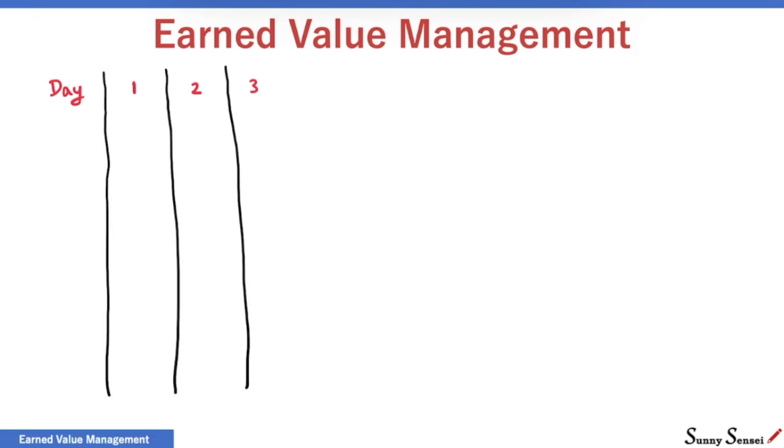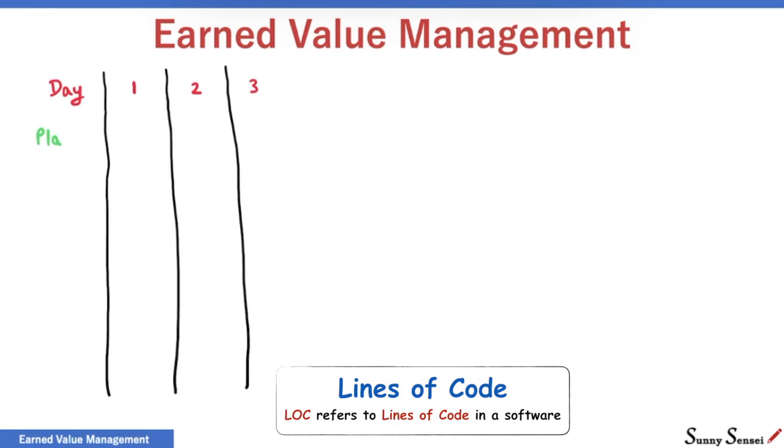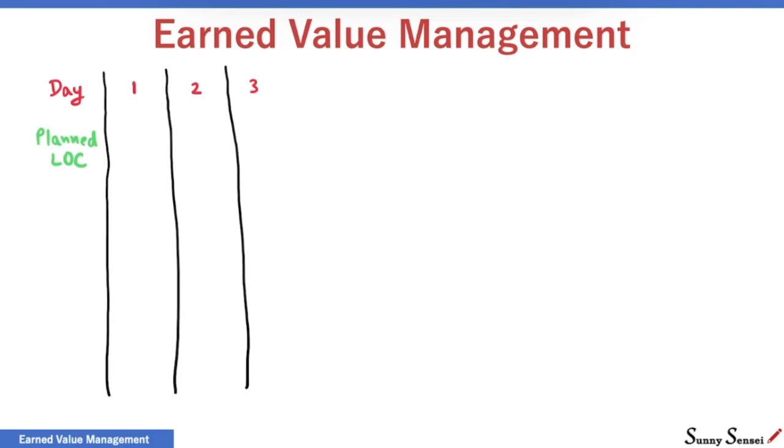We will consider a project that will last for just 3 days. It is a software development project with a project plan based on lines of code. At the end of day 1, we should be ready with 100 lines of code, 200 lines of code at the end of day 2, and finally 300 lines of code at the end of day 3. The cost is $1 for each line of code. So the planned cost is